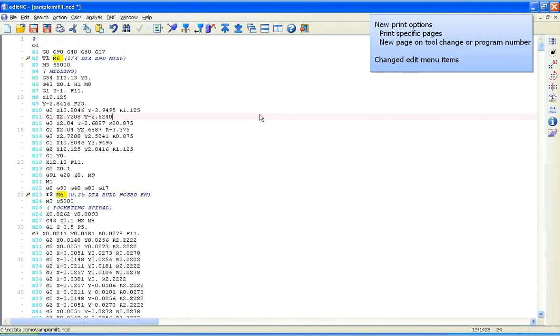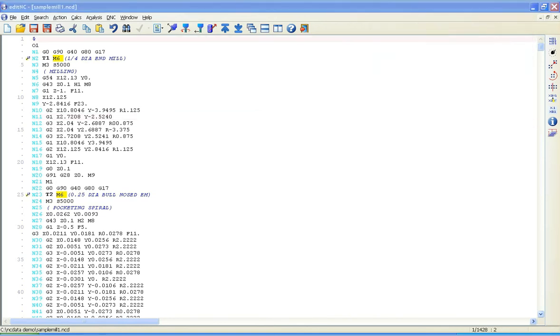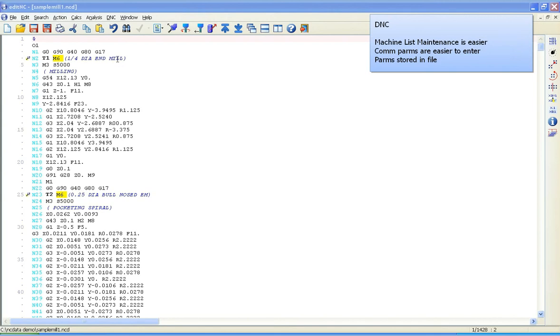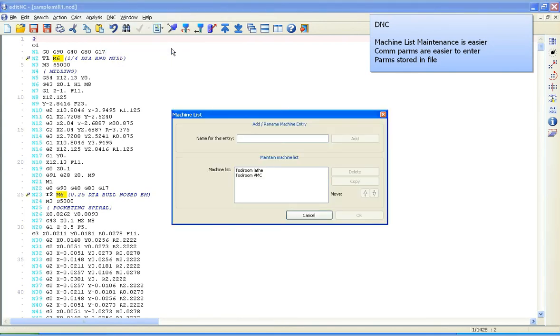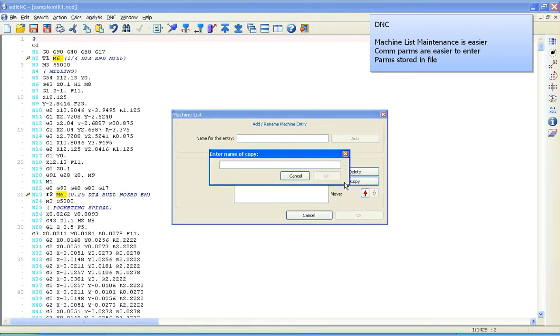Now let's look at some of the new DNC changes. First of all, we've made changes to the machine list maintenance dialog, made it, I think, a little bit easier to use, added some features, for example, the ability to copy an existing configuration. We have two machines defined, a tool room lathe and a tool room VMC. If we have a new machine to add and it's similar to one of these, we can select that, copy it, give it a name,